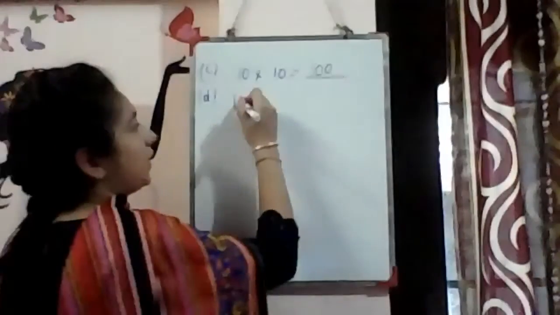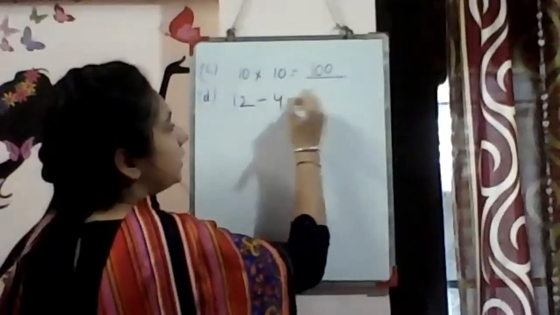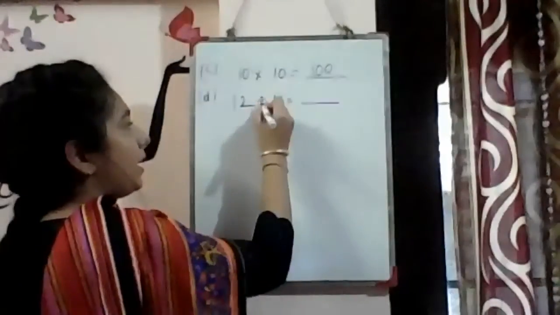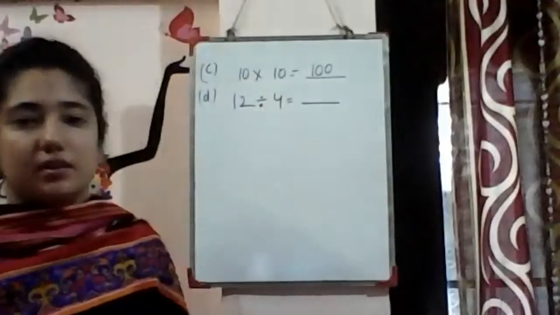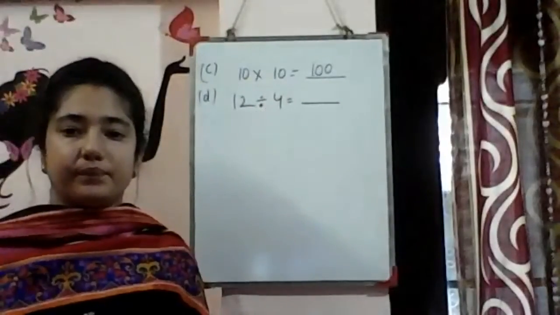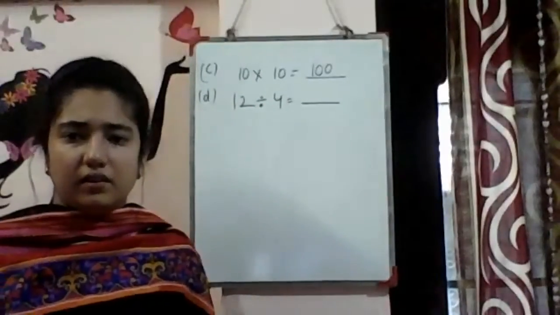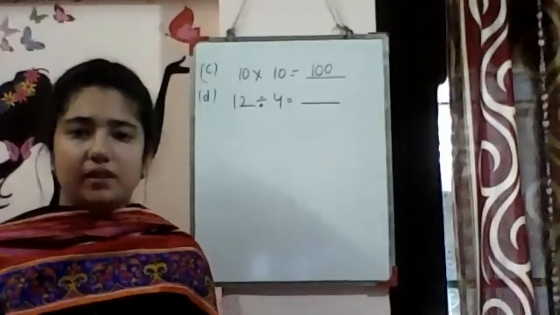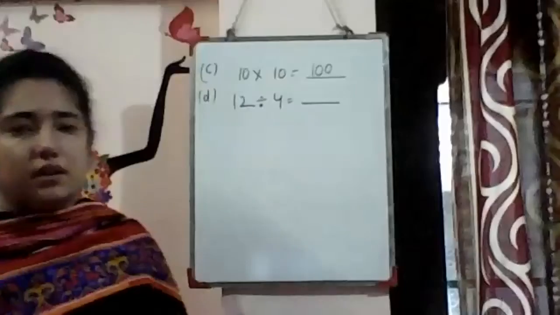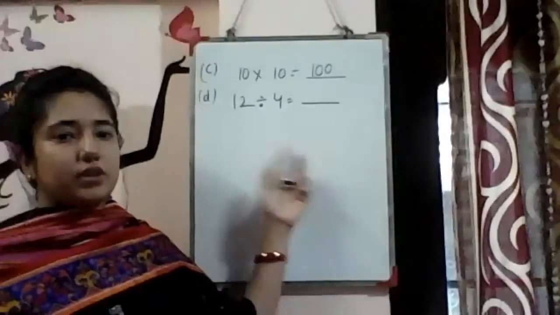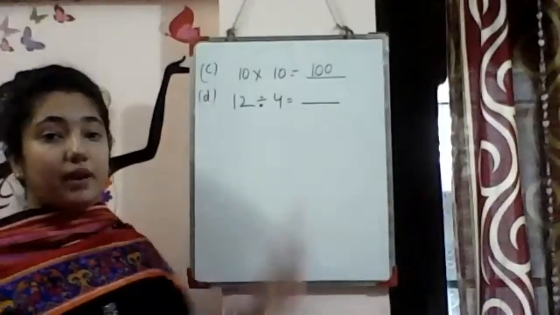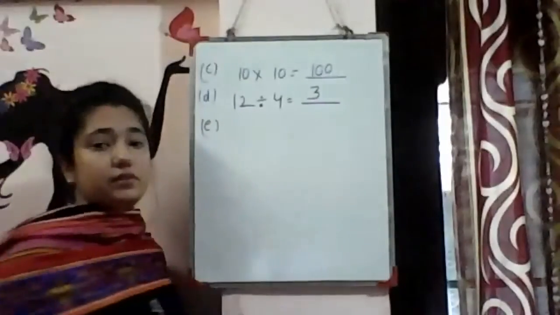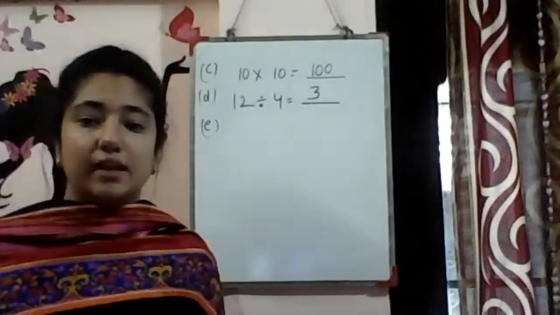Next is 12 divided by 4 is dash. 12 divided by 4 is dash. Quickly, 8. 1 student has written 8. 3. Yes. This is a table of 4, bache. 12, if we divide 12 by 4, we will get 3 because 4 3s are 12. Again, Abhijot has written 8.